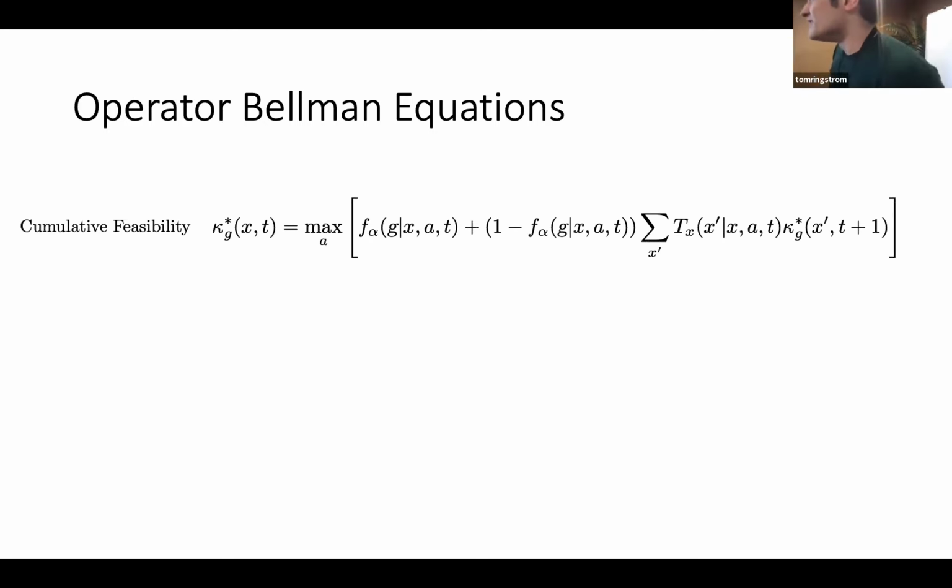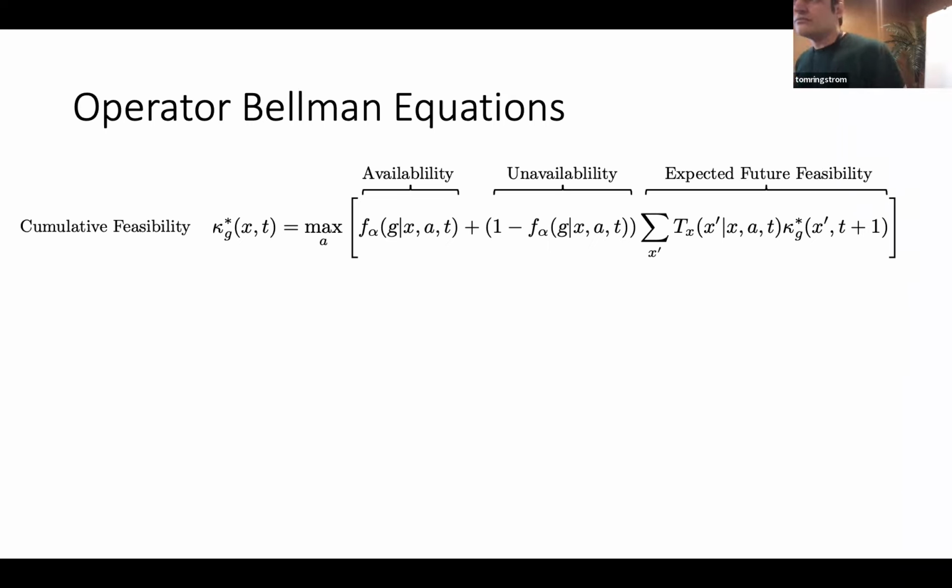Okay, so this is a non-stationary Bellman equation where we're going to have a cumulative feasibility function. And so we're going to maximize the cumulative probability that we're going to achieve some goal. You'll notice here's our availability function, which we were talking about before, which is emitting goals from the low-level state space. So either the goal is available with some probability at some time in the state space, or it's unavailable. So either you achieve it now, or you don't achieve it now, but you multiply the expectation that you'll achieve it in the future.